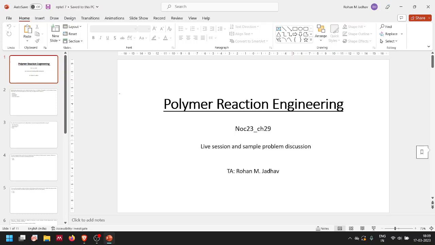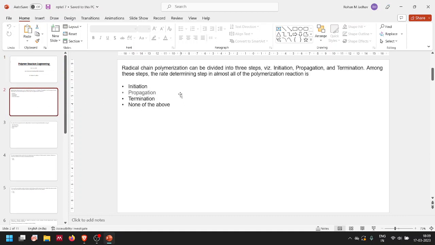So this week we'll be going over radical polymerization and how its aspects are important in understanding the rate equations for the polymer reactions. In the first question, we can see that radical chain polymerization can be divided into three steps, which are initiation,